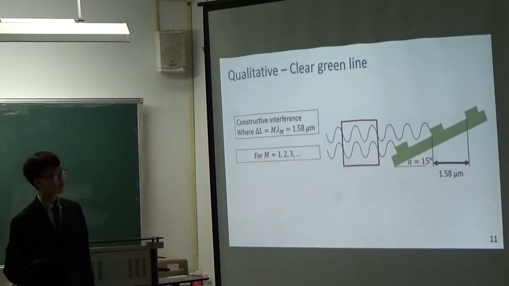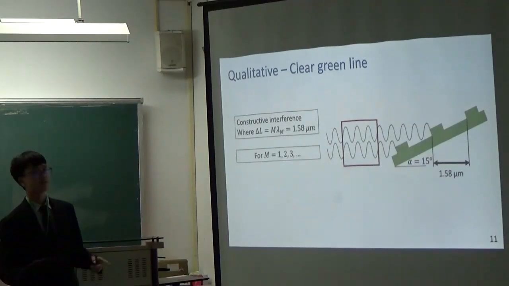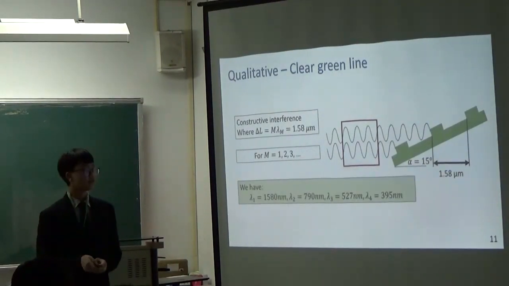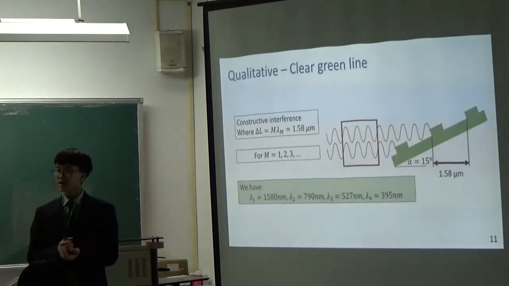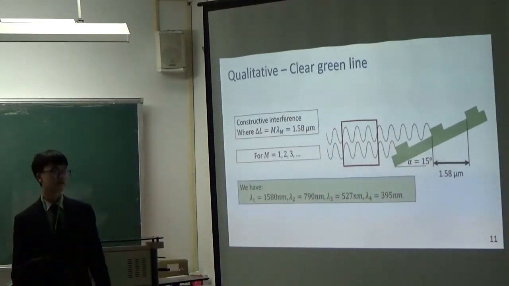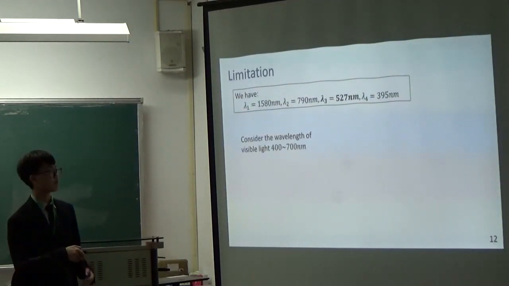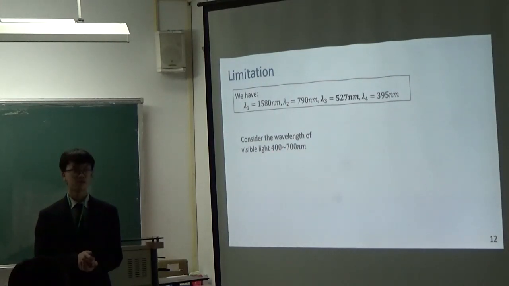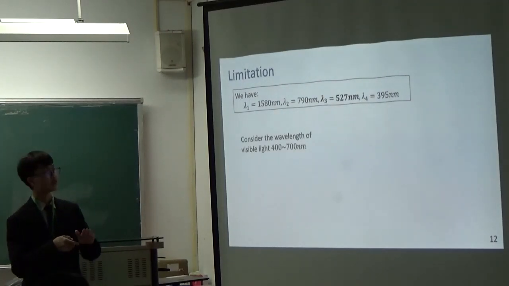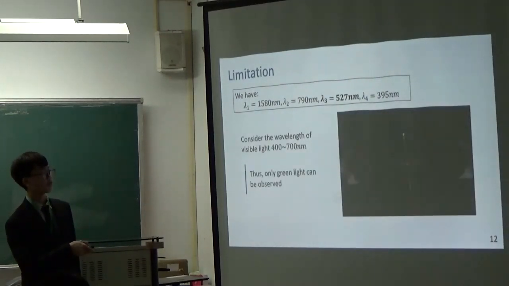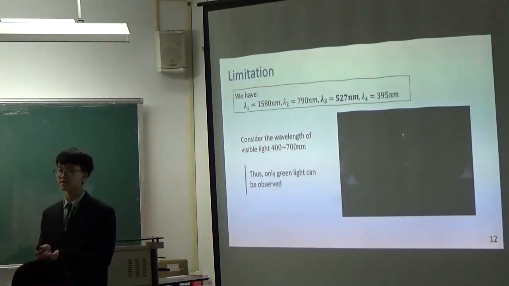the light by calculation. Also, the distance between these can contain two waves too, and three waves as well. So we can get many kinds of wavelengths in this constructive interference condition. However, there are some boundary conditions. That is because the human eye can only see the range from about 400 nanometers to 700 nanometers. So the only light we'll see when the tilting angle is 50 degrees is this. And what is this? This is the green light, because the green light wavelength is about 500 to 600 nanometers.